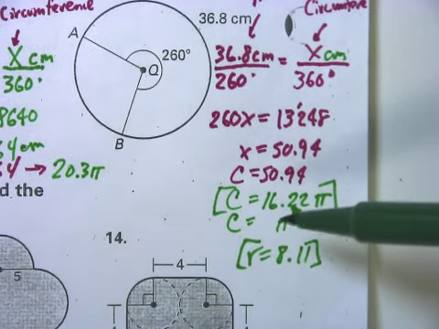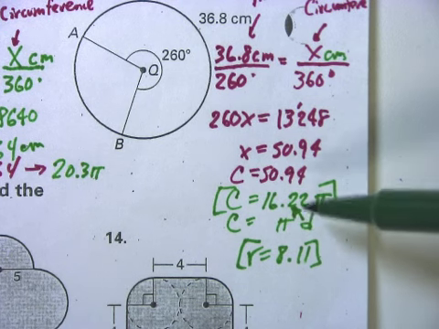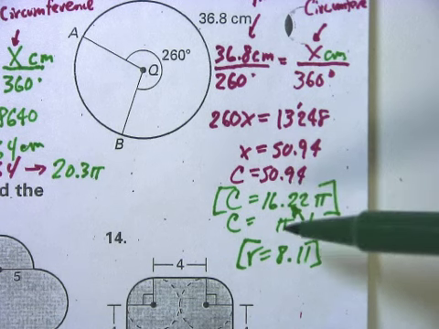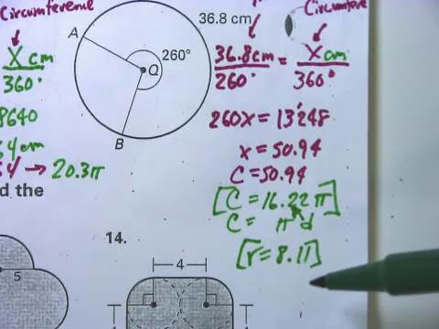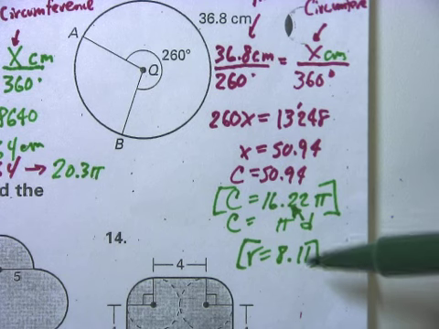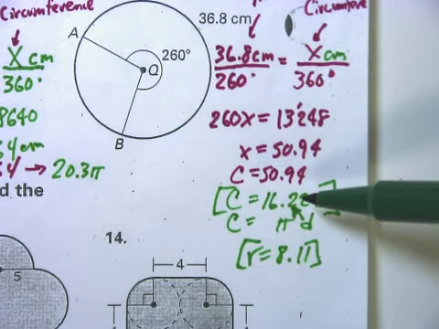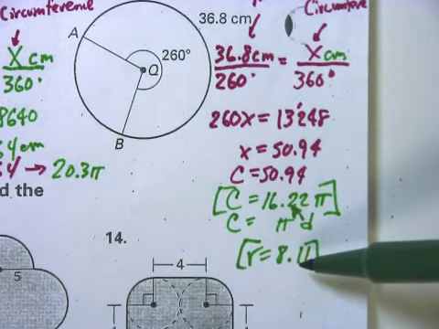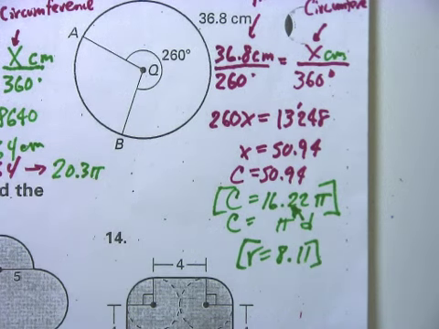Now remember, this question is asking for the what? It's asking for the radius. So by putting my answers in terms of pi, remember the circumference is also equal to pi times the diameter. I know that the diameter is 16.22. So putting the answer in terms of pi gives me the added benefit of getting more information. So if my diameter is 16.22, I know my radius is going to be half of that, which is 8.11. And this is page 60, questions 1 through 10, and we're finding the circumference and the radius in terms of